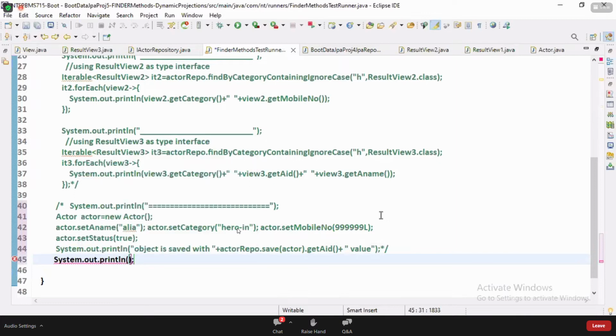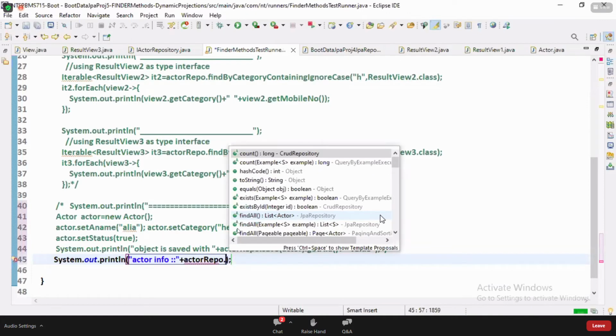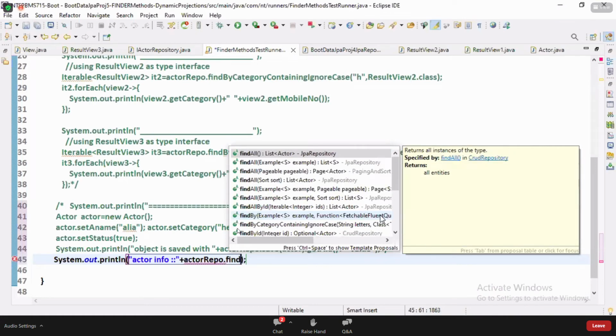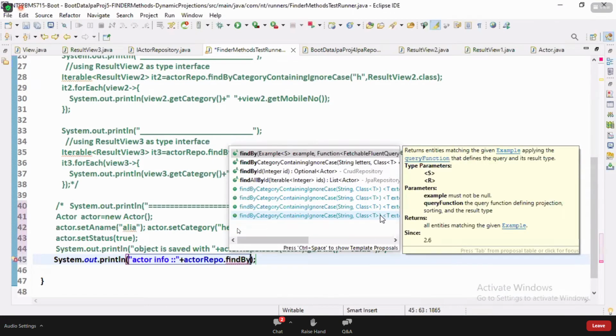Sys out, actor info. Actor repository dot find by ID.